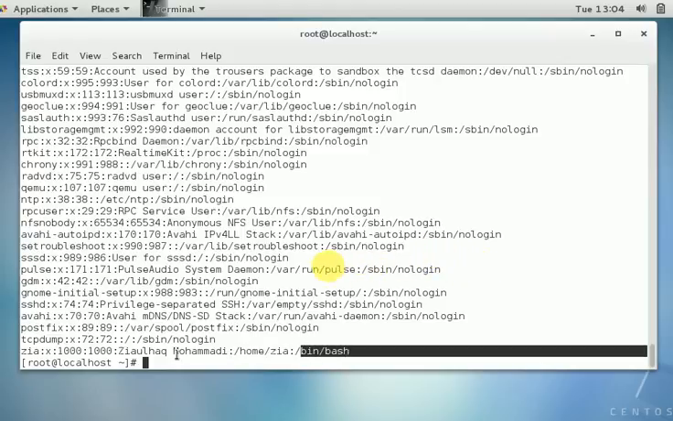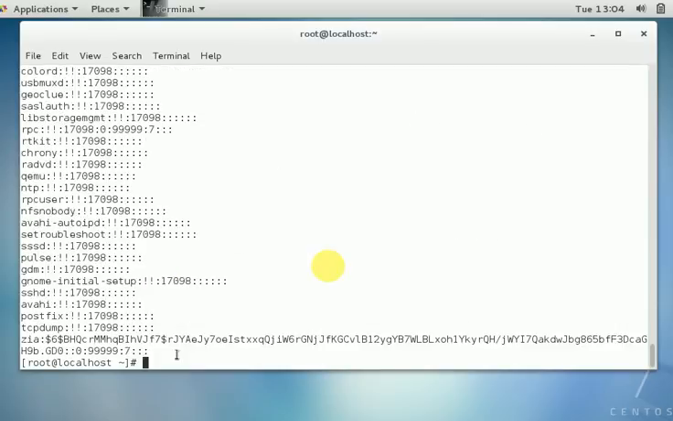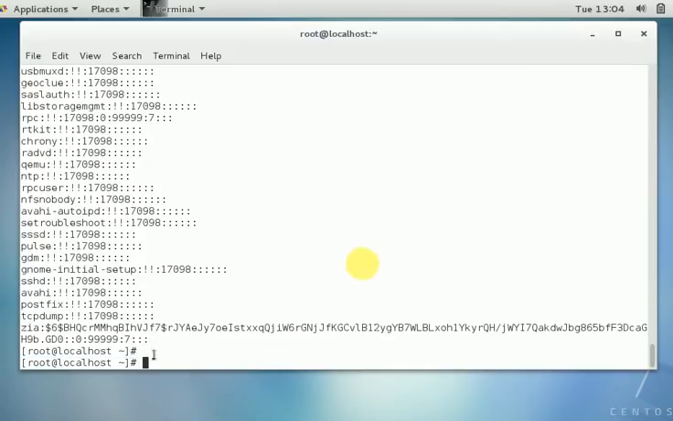Okay, so also you can use cat /etc/shadow to check how many users you have. So this one also gives me Zia, and this one is the encrypted password. So now I want to create a user account in Linux. So adduser